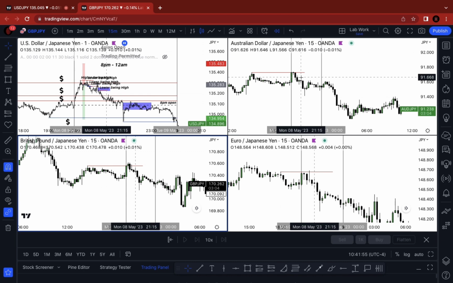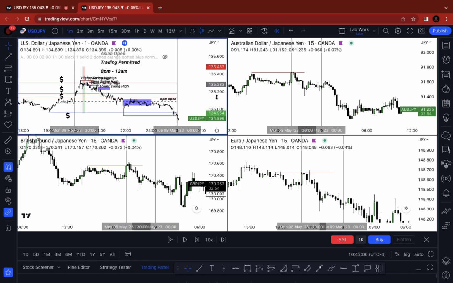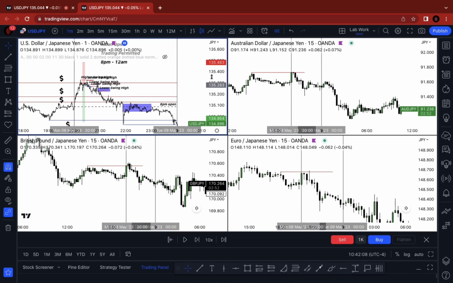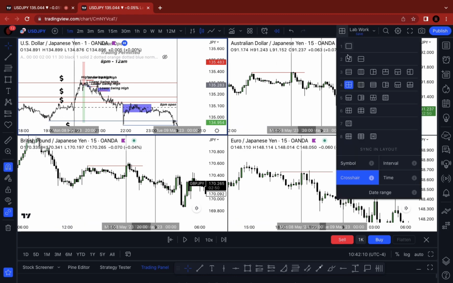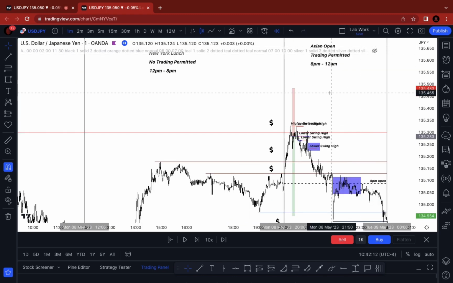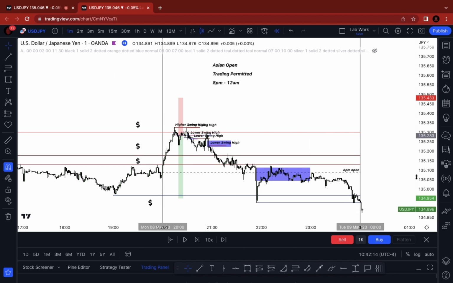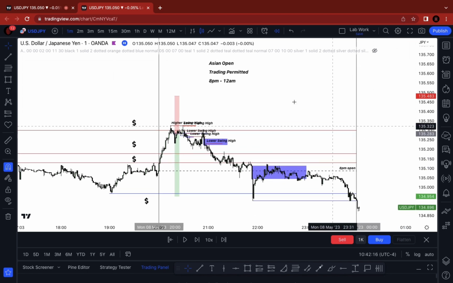As of right now, I've been tracking UJ for May, so I'm just keeping it simple. I don't want to be showing 20 different pairs on the channel. I think that's very confusing for people to digest. One pair a month, let's stick with it. It doesn't matter because all the price action should be the same. If they're all coded the same, they all should be the same. Doesn't matter what pair I'm looking at or what asset class I'm looking at. That's why I've been looking at UJ mainly for the Asian session library thus far,